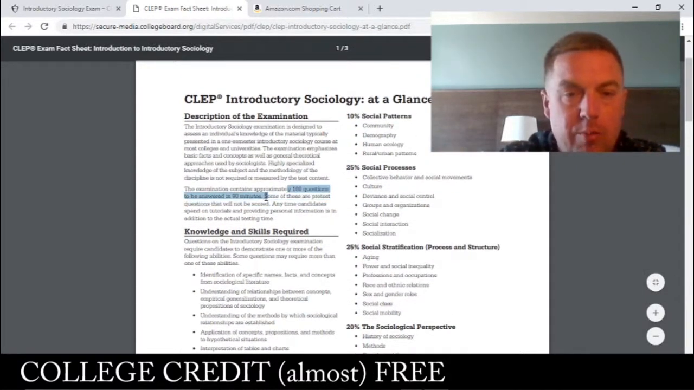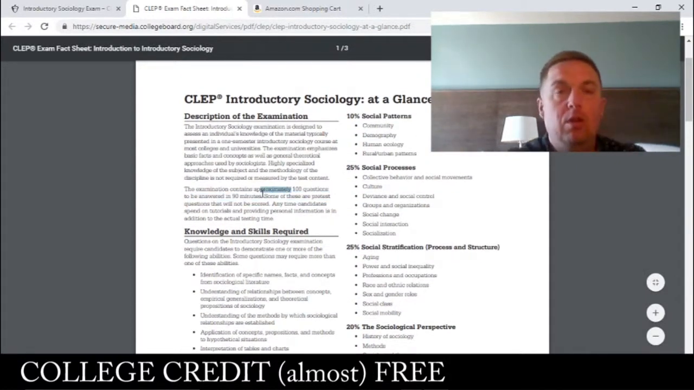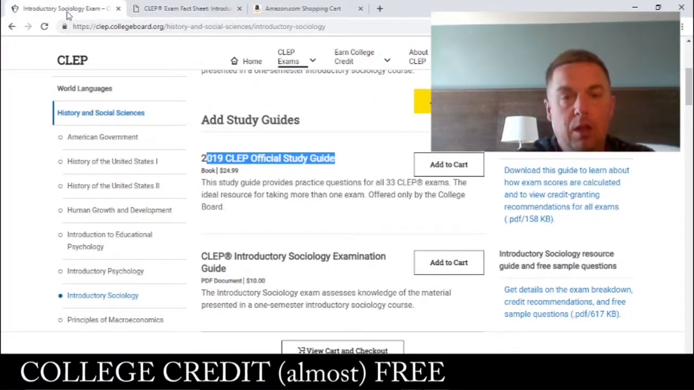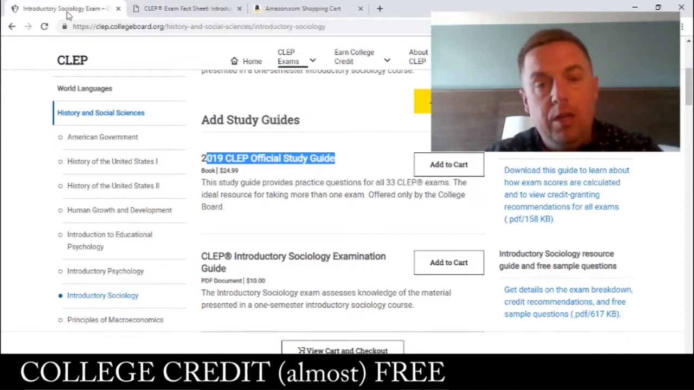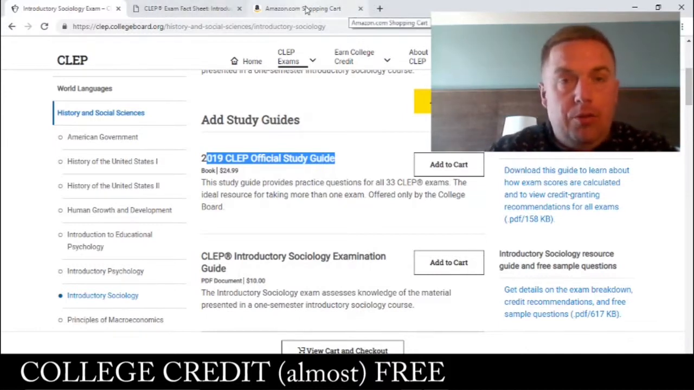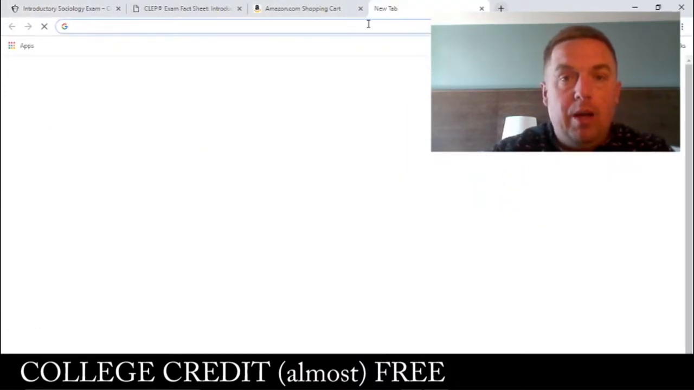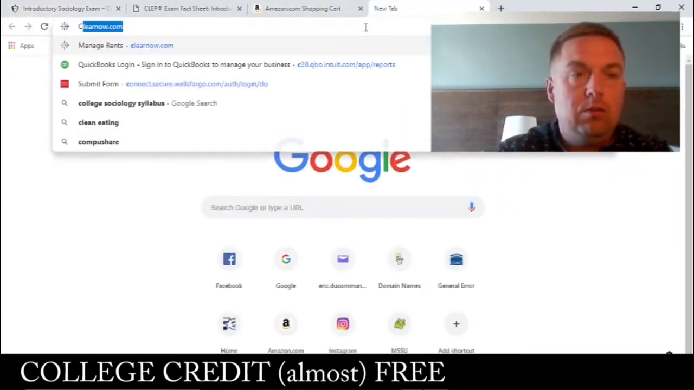100 questions, 90 minutes. So you can sit down at the library, get this CLEP study guide, set your clock for 90 minutes and take that 100 question test. You can also go online after you take it. If you say, hey, is that a good enough score to pass, you can find